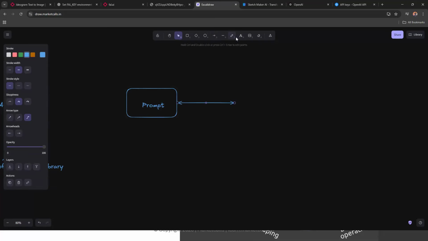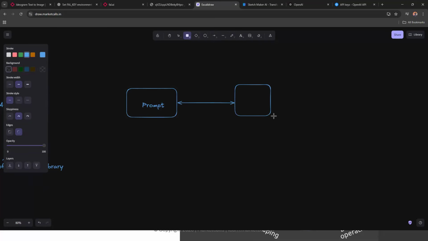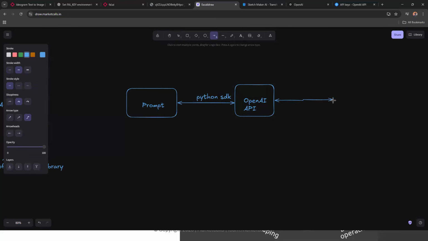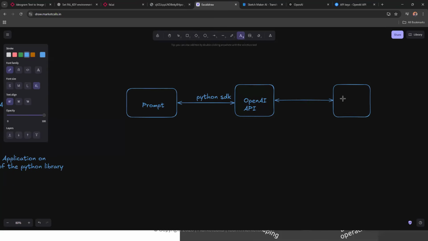goes to ChatGPT. First, it goes to OpenAI's API. I'm interacting with the OpenAI API using the Python code, using the Python SDK. It's giving me an enhanced prompt. Right? So using this enhanced prompt,